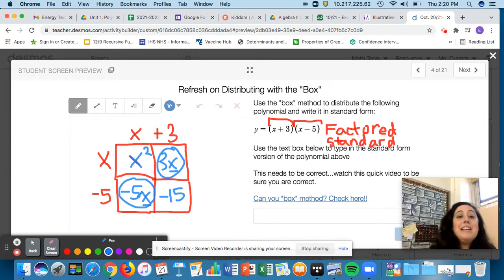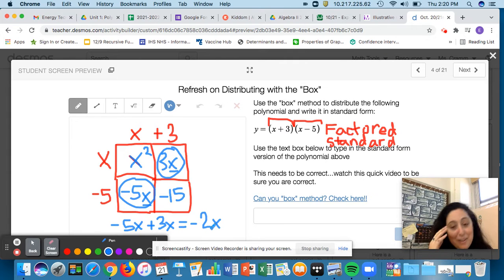So negative 5x plus 3x will give me negative 2x. Once I've done the addition or subtraction to combine those like terms, then my answer will be